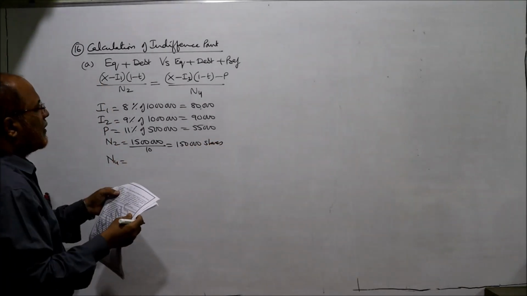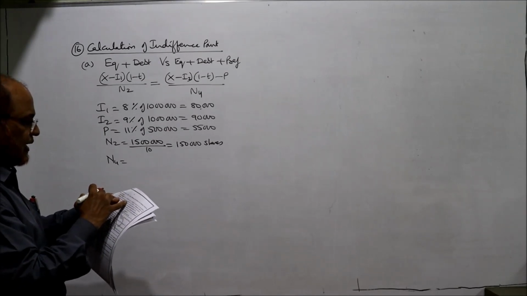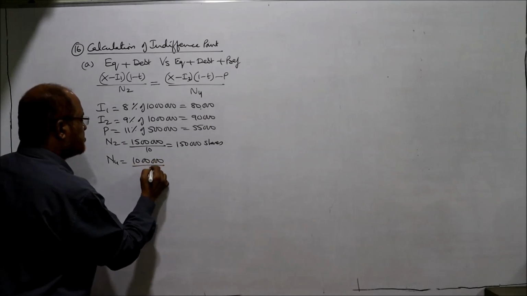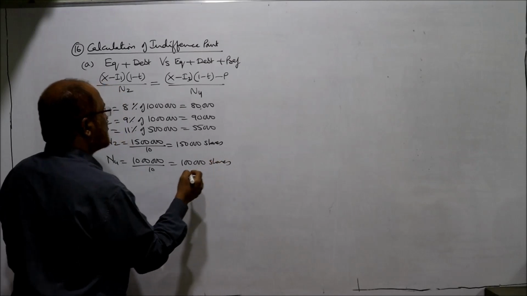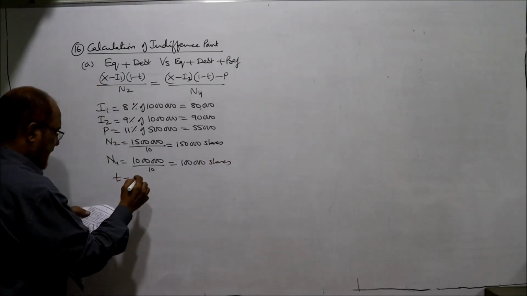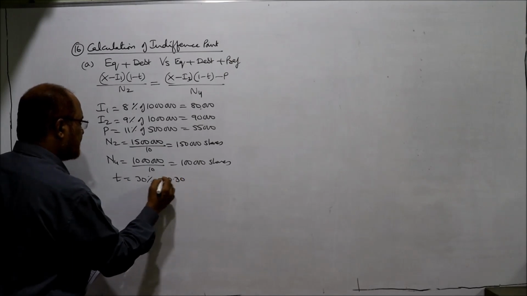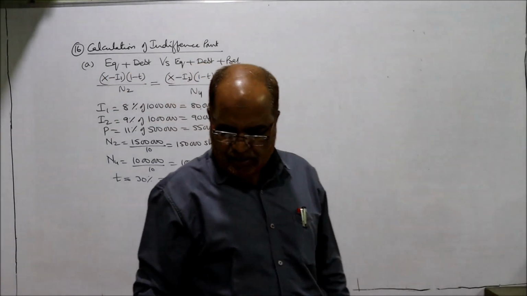N4. How many equity shares in the second plan? Equity capital of 10 lakh, so 1 lakh shares. T is equal to tax rate 30%, 0.30. That's it. This is the complete information given. Now we have to